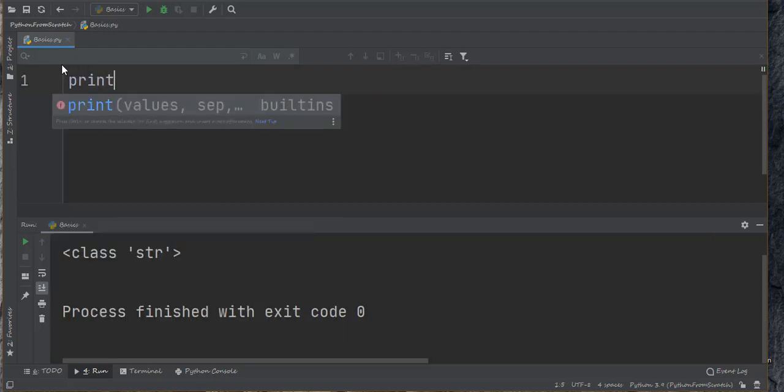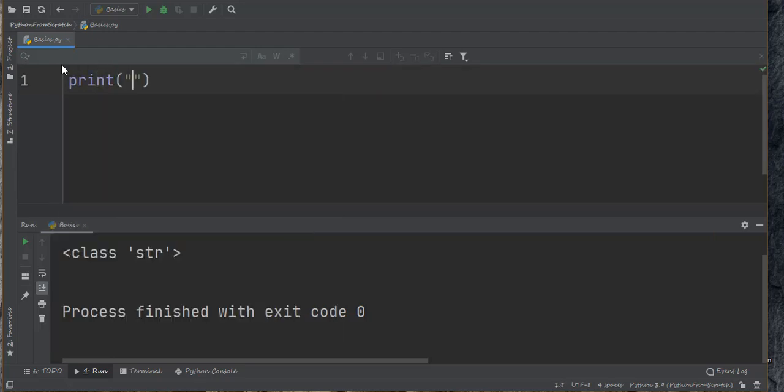So I'm going to write here a print function and I'm going to pass this and run. You will see that it will be printed on the screen. And if I change it to single quotes, you're going to see that it is still printing fine, right? If I change it to triple quotes, it is still printing fine.